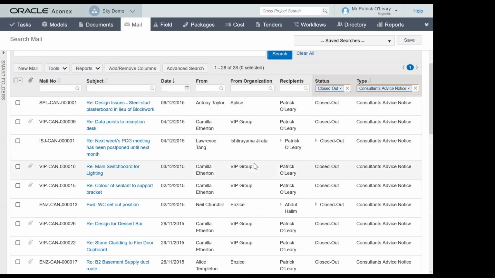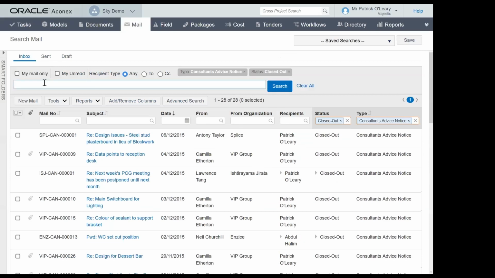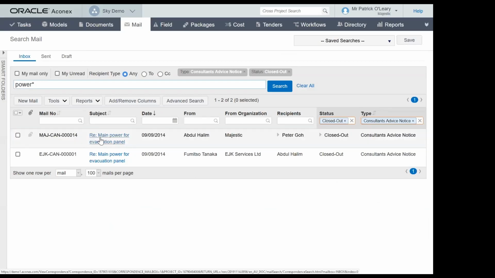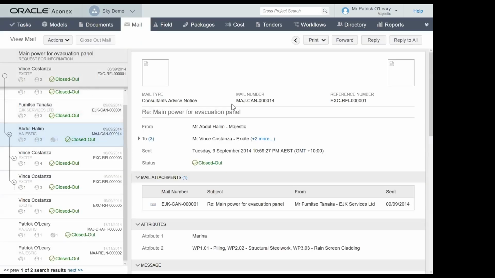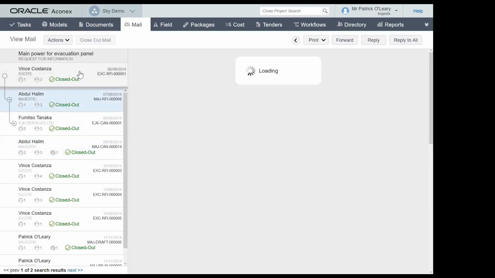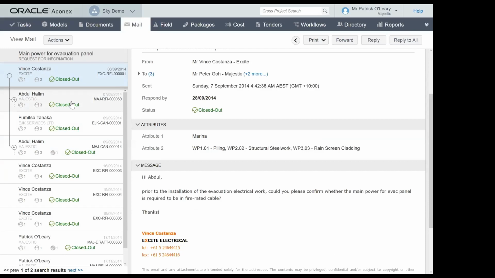So again, you've got a narrowed list where you can work and see, okay, we closed out a few of these requests. What did we actually agree on? And you can even scroll down or use a normal search and say, show me anything to do with power. So let's say there's a power problem in your building. You want to be able to see, what did we actually agree on? And very quickly, you're able to get a list, for instance, of this piece of correspondence. We can see it was initially issued in 2014, so that's over 5 years ago. What the query was, who responded to it, as you can see here.